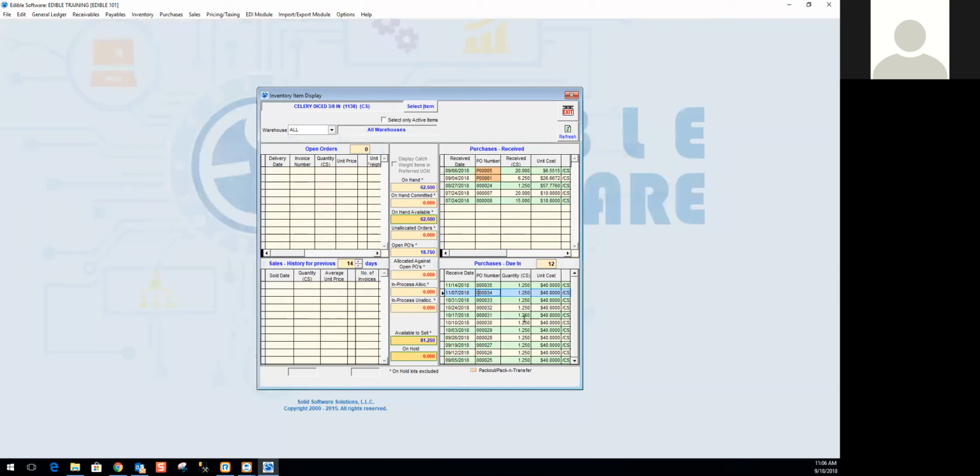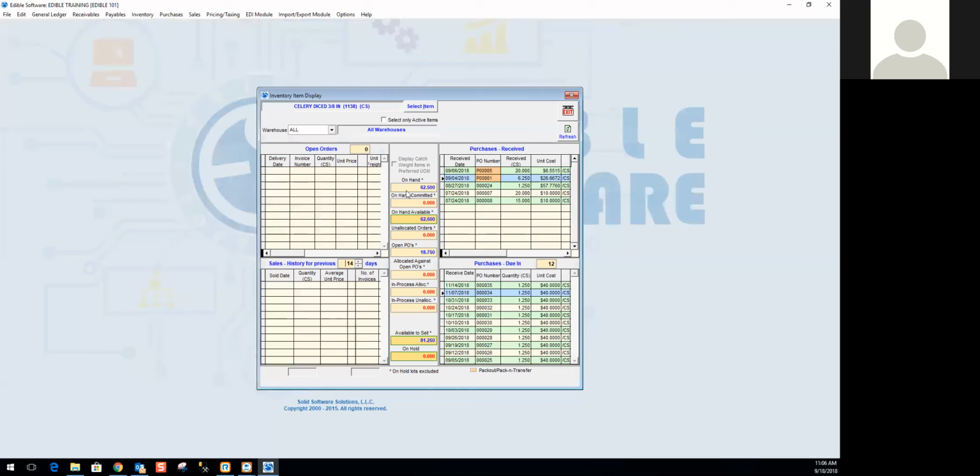And here we can see purchases due in. So I have a lot of open purchase orders that haven't been received yet. This shows me all of my purchases received or my packouts posted. So this is basically making up what I have in inventory right now. If I have any open orders that this item is attached to, whether they've been committed or not, it will show any open orders. And then if I have any sales history, so any sales orders that have already been shipped, I can go ahead and see that information and I can specify how far back I want to see